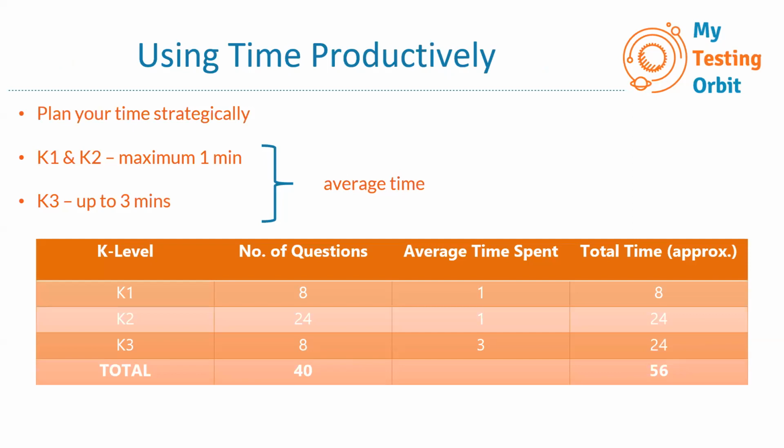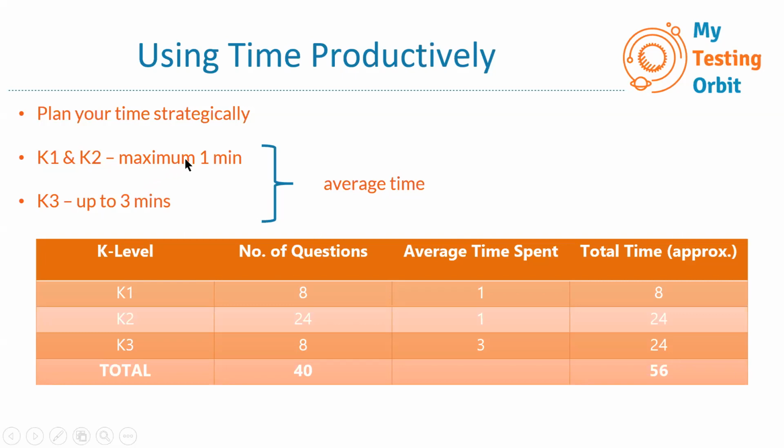Okay, so using time productively, right? We have to take exams under timed conditions, which can be quite pressurizing. So it's very important that we plan our time strategically. We already know from the previous slide how many questions are coming from each key level. So on average, K1 and K2 questions should take a maximum of 1 minute. And K3, because they are more application-based questions, can take up to 3 minutes. And these are average times,